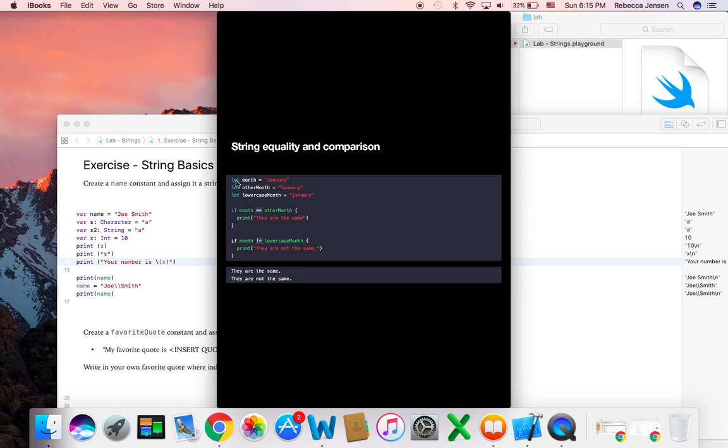So here we have three constants. We have month, and we have the month again, and we have the lowercase month, and then we say if the month equals other month, print they are the same. So we're comparing this one and this one. They're exactly the same. It checks for